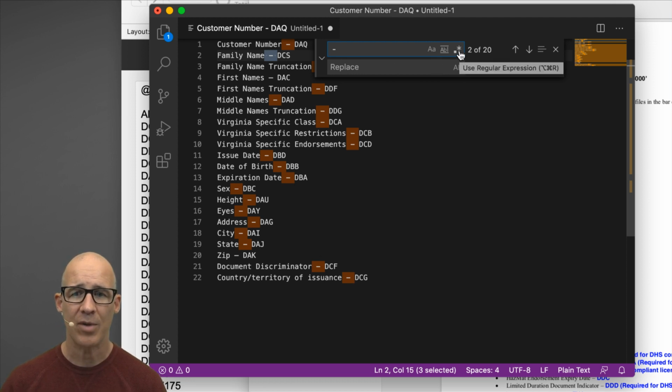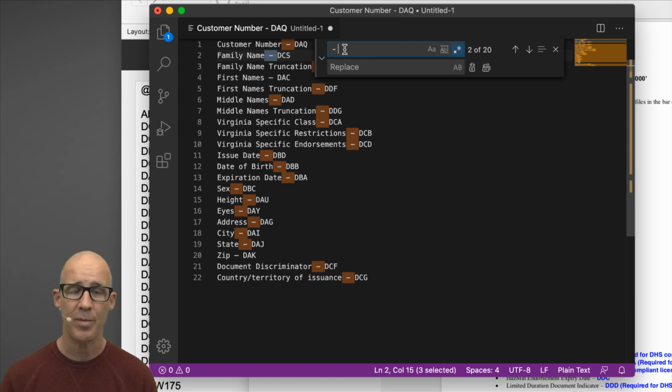There is, in most applications, as it shows me right there, an option to use regular expressions. Now, if you are going to become a developer, you have to learn regular expressions in order to be worth anything in the development world. Pattern matching within text is a key thing. And it turns out that I can say for each individual character, which corresponds to a period, I want you to select all of